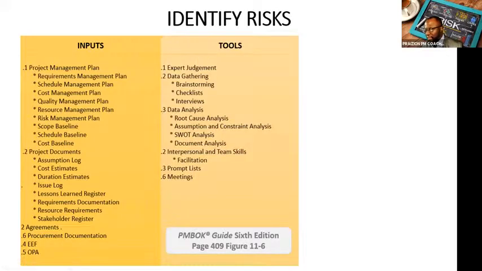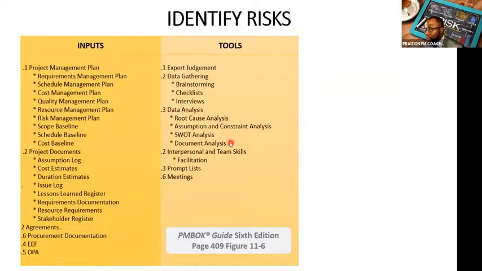So the tools and techniques for identifying risks. You can brainstorm with your team. You can use a checklist to go through: have we checked that? Have we checked that? Have we checked that? Interviews could be used. You can interview people to find risks. Root cause analysis, identifying the root cause. And that's why I said the cause risk effect model is very helpful. Assumption and constraint analysis, taking a look at your assumptions and constraints, looking for risks in there, making sure they're valid. SWOT analysis, analyzing your strengths, your weaknesses, your opportunities and threats, is going to help you uncover positive and